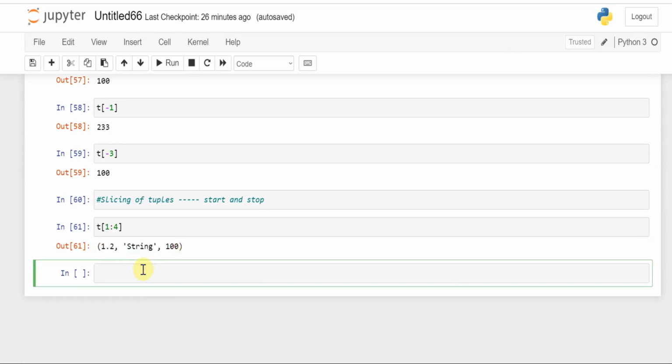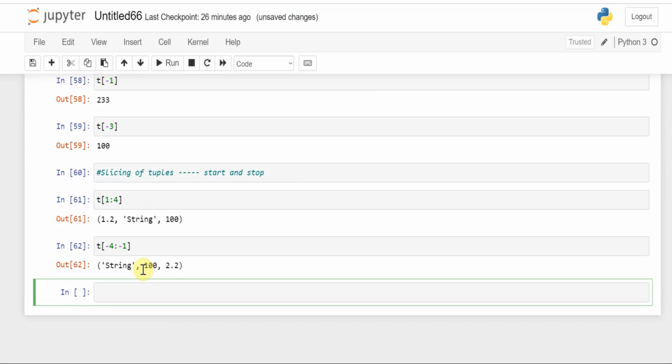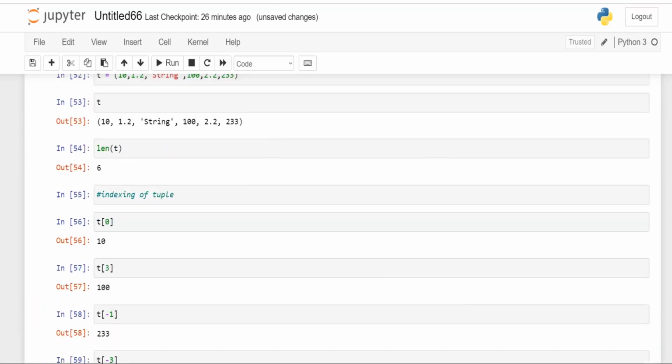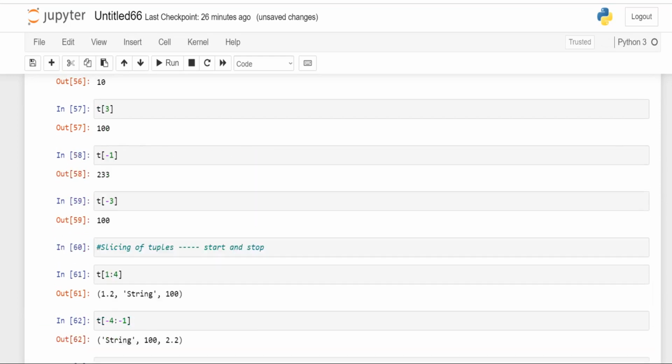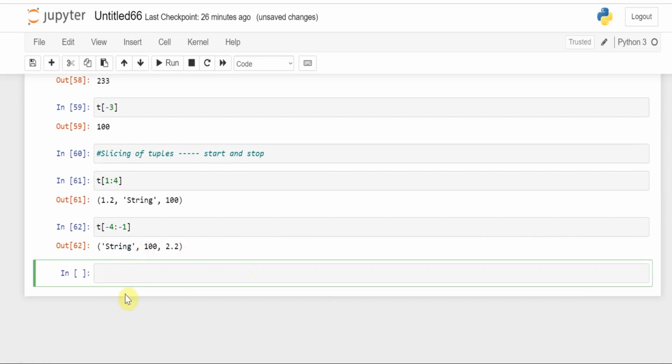So slicing is very easy. If I give -4 to -1, it will conveniently give us string 100 -2. It will start from -4 and it will stop till -1. So easy, slicing, indexing, it is so easy.